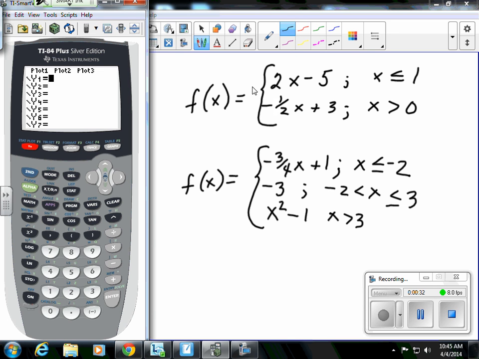So on y1, I'm going to put in 2x minus 5. Now if I just went ahead and hit graph, I'm going to have that full line of 2x minus 5. However, the piecewise function tells me that this piece is only over the domain for when x is less than or equal to 1. So back on y equals, I'm going to cursor to the end of the function 2x